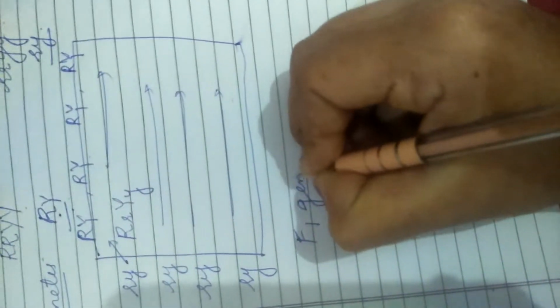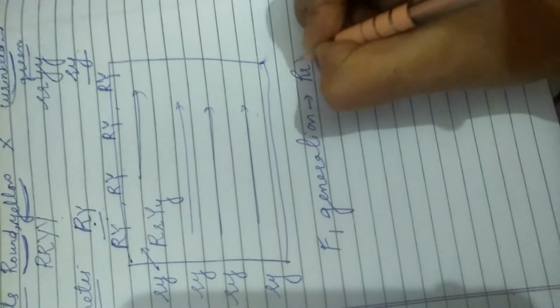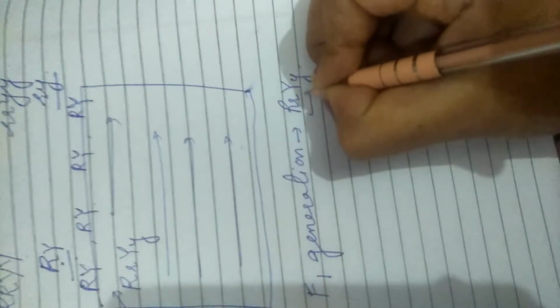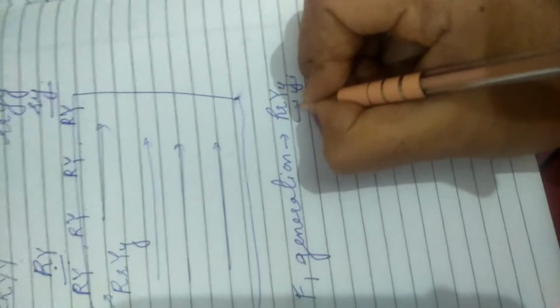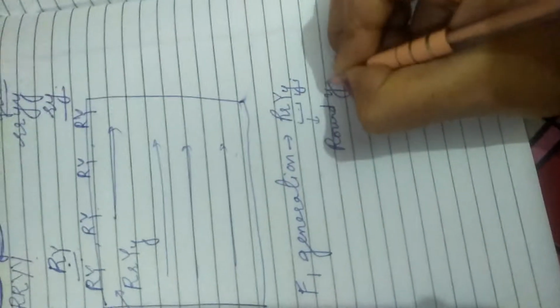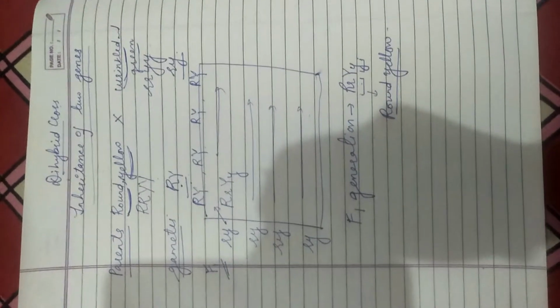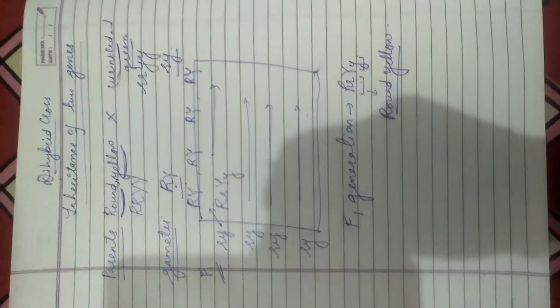All will be the same. So what we conclude is that in the F1 generation the result will be capital R, small r, capital Y, small y. As per the law of dominance, capital R and small r coming together will represent round, and capital Y and small y coming together will represent yellow. So in the dihybrid cross, in the F1 generation, the parents were round and yellow, and similarly the F1 generation is round and yellow. In brackets we will write: all are round and yellow.